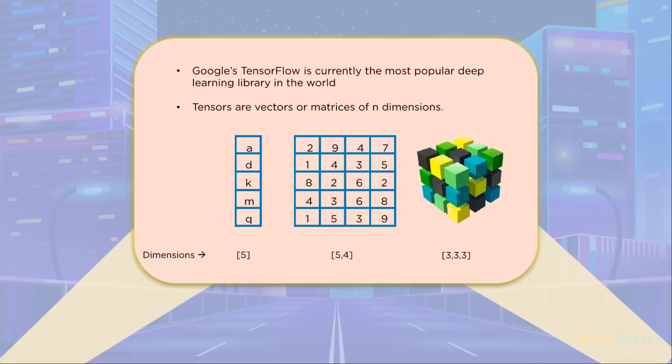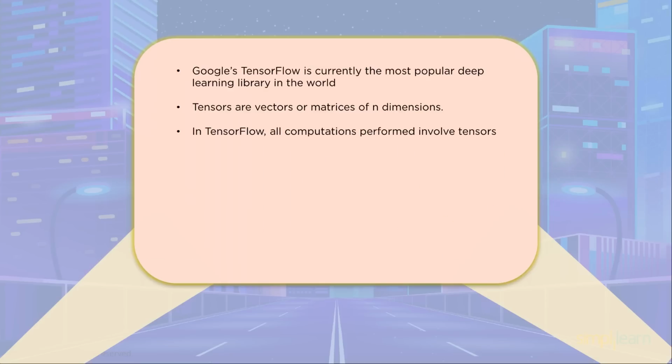And so this is kind of nice because when you're processing pictures, there's certain things you want to do where you want the pixels to be next to each other. That's very important. Same thing if you're processing, say, a movie. You might want a 3 by 3 grid coming in where you have the layers of the frames coming in to be processed. So you can see how having different dimensions is really helpful in analyzing certain data structures. And this is what's so great about tensors, is you can, of course, flatten them out like we did earlier, or you can process them based on their location. In TensorFlow, all computations performed involve tensors. So everything going through is always looked at as tensors, as a matrix, or matrices of n dimensions.